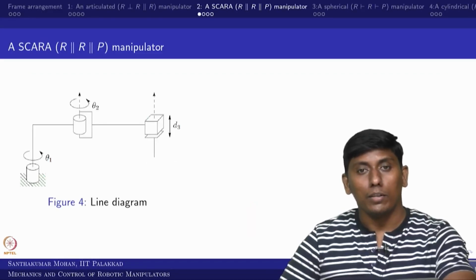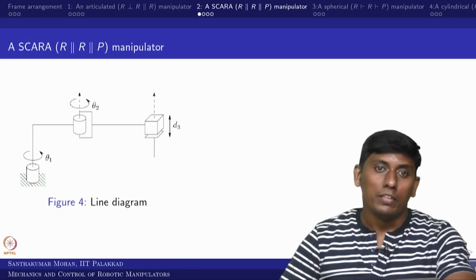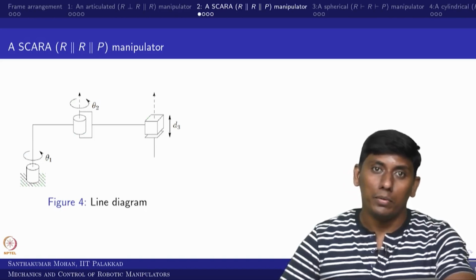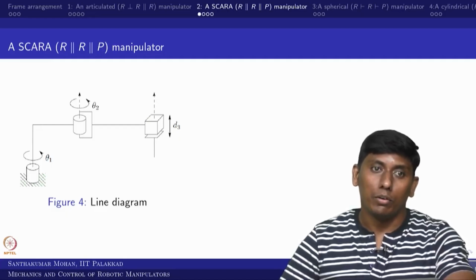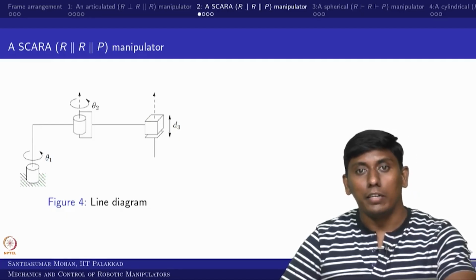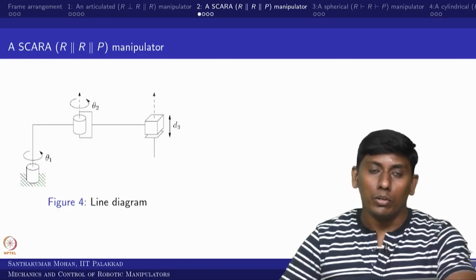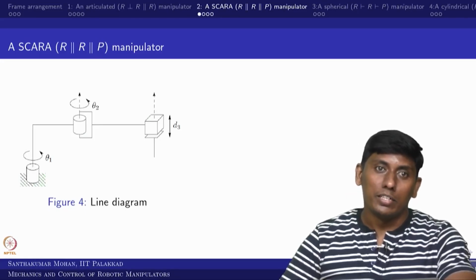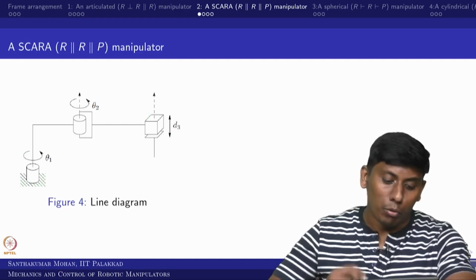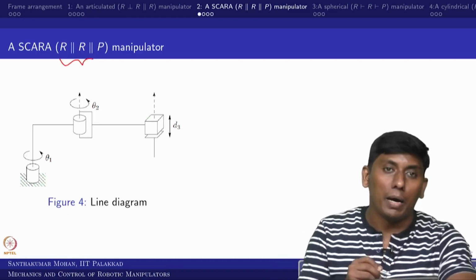Welcome back to Mechanics and Control of Robotic Manipulator. In the last lecture we stopped with a few examples left over. So before that, I thought of giving the different cases of how to attempt them. Based on that, we will now come back to these examples. We will start with one of the classical examples, two parallel revolute joints and